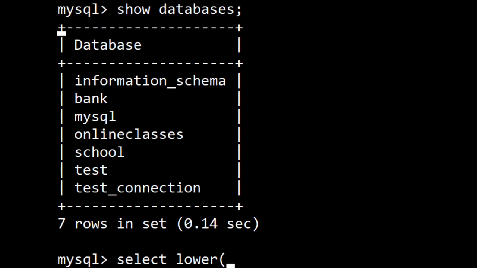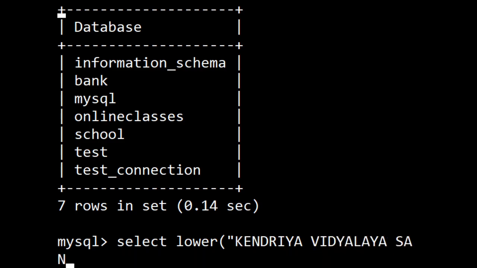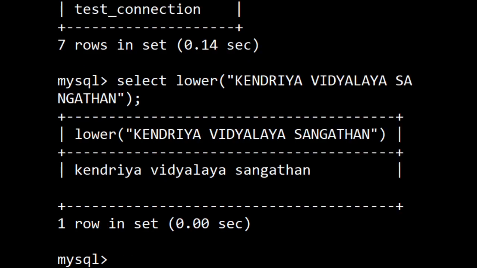So I am simply writing all in capital letters, Kendriya Vidyalaya Sangathan. Let us see what comes as an output. Do not forget the semicolon, and it is all small letters, kendriya vidyalaya sangathan.